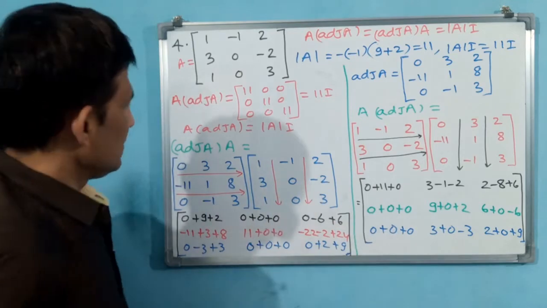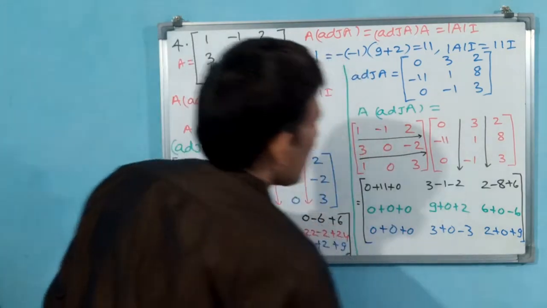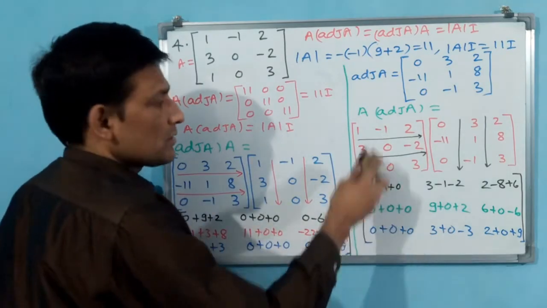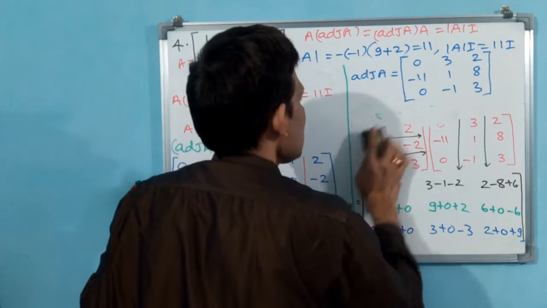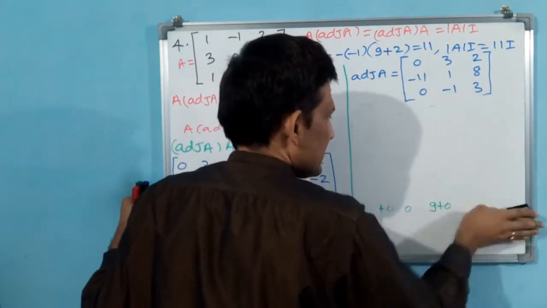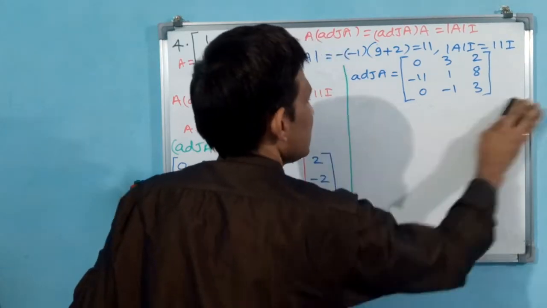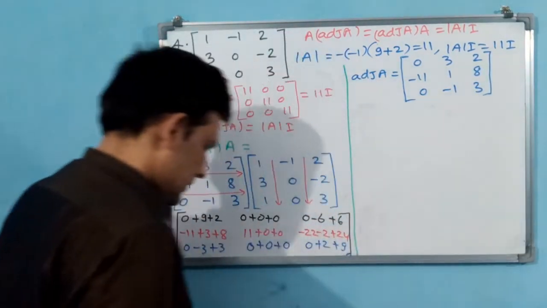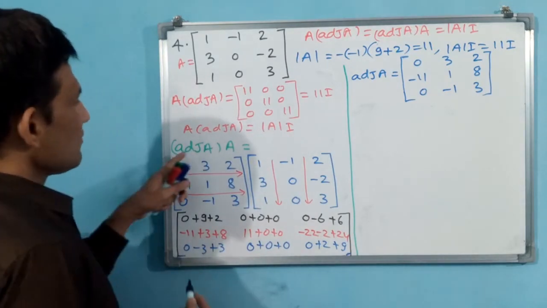Okay, now what you are going to do? You are going to do here. Okay, I am rubbing this. Pass and note down. I am going to remove this one. Okay, these two we are not going to remove. So this I am going to remove. This we already proved. Okay, A into adjoint A we have proved. Adjoint A into A we are proving. Okay. Now this is what adjoint A into A.